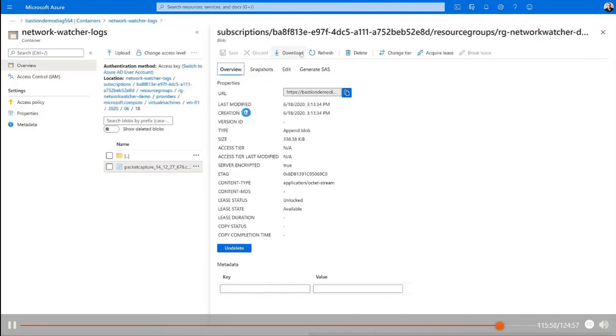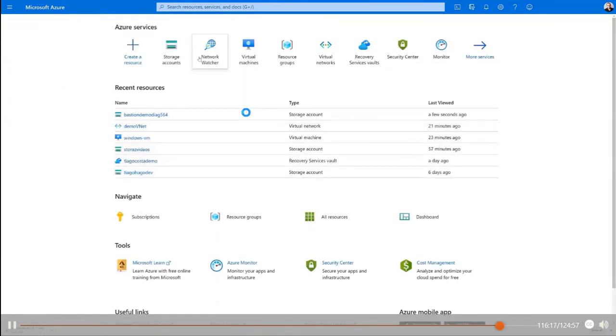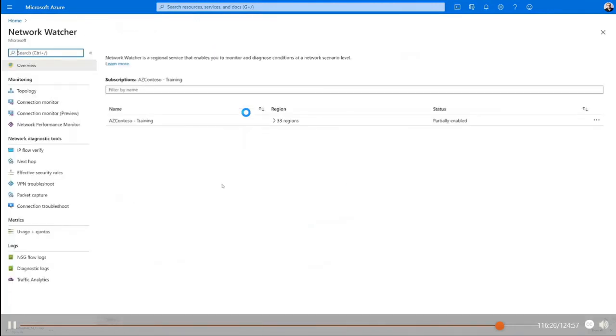So now, look, I just need to download this file, and I can open it in a tool like Wireshark, for example, and I can check all the capture that I have. So if we download this, you see here, there you go. So, more cool tools that I have. If we go back to the Network Watcher,